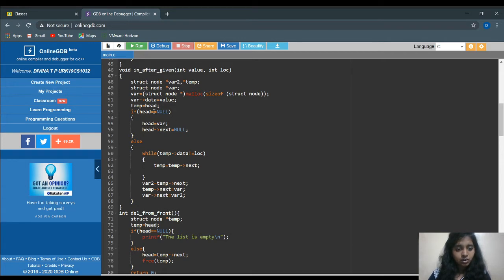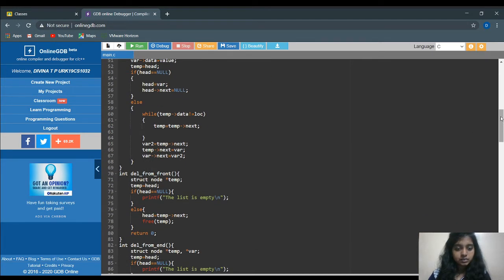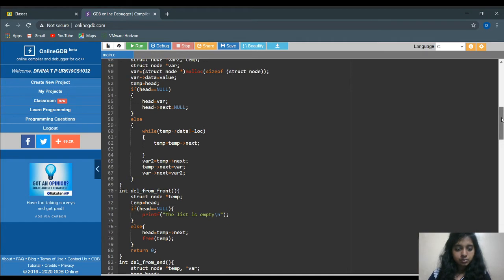If head is not equal to null, it goes to the else part, and through this while loop the process will be executed, which means it will ask for the number after which we have to insert the given number.